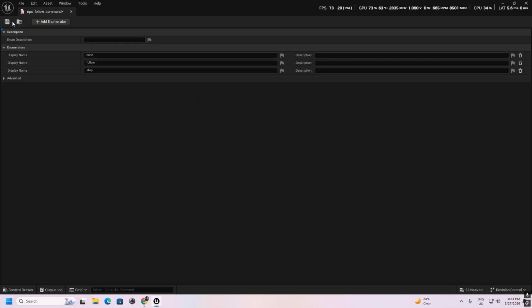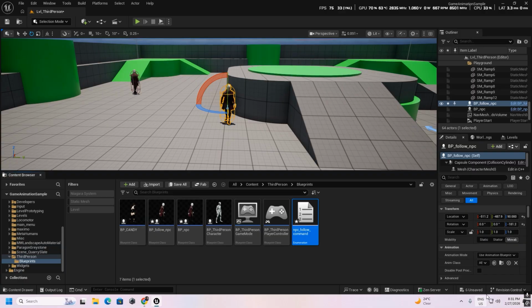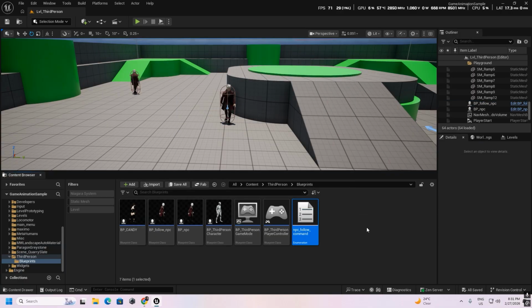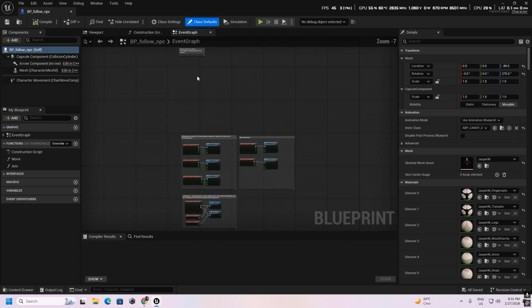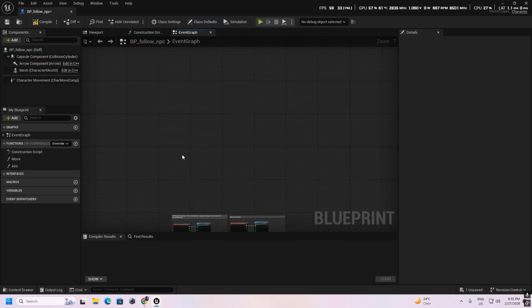Okay, so we made the enumerator here, and we added some commands here. Now we open our BP follow NPC, and in the event graph we also add our command